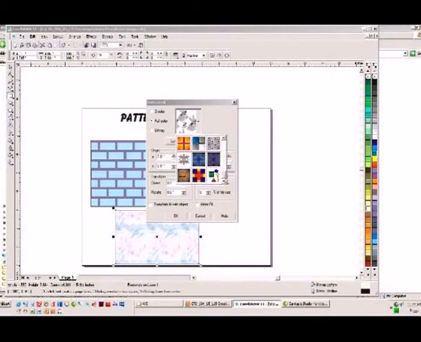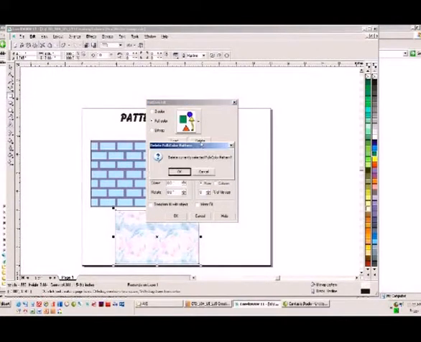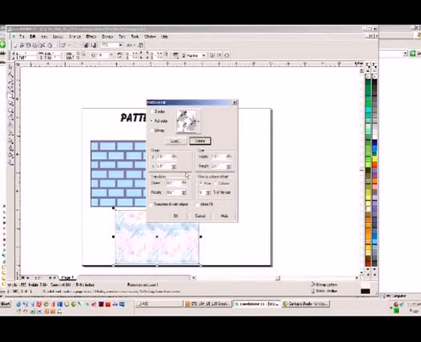For all types of patterns, to delete, choose the pattern you wish to delete from the drop